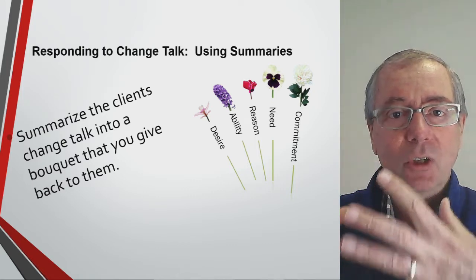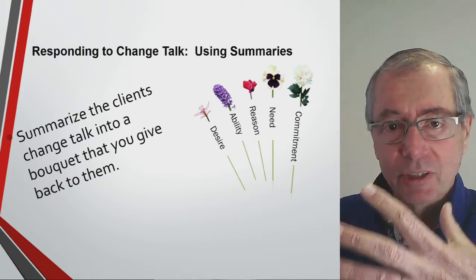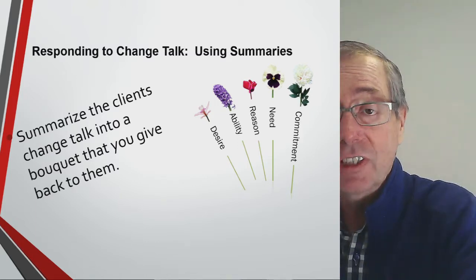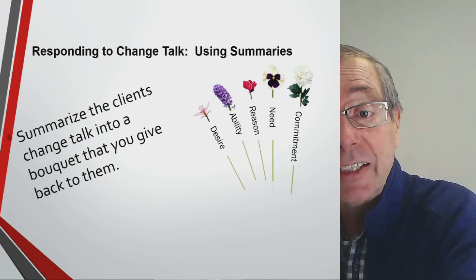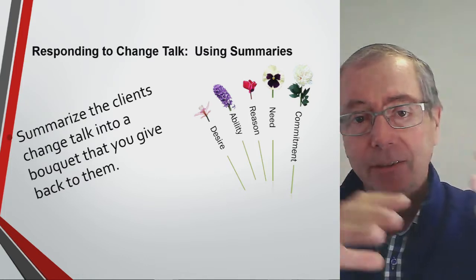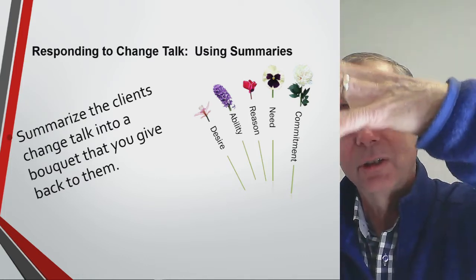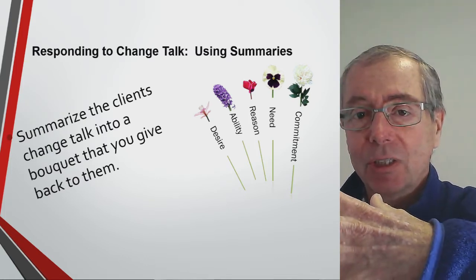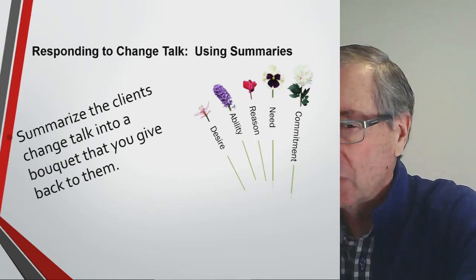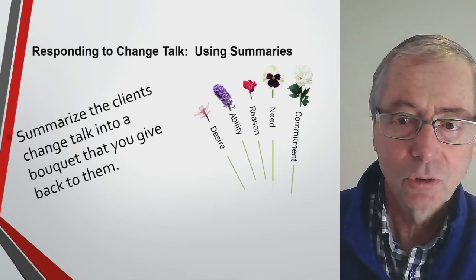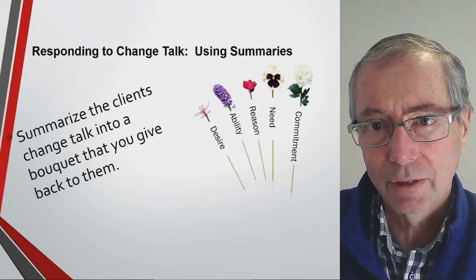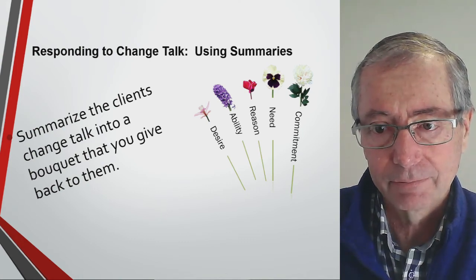And then eventually, hopefully, they get to the top and say, okay, I need to do something about this. And then you can start shifting into the planning and the commitment piece of it. But you need to get around that hill of why the person wants to and needs to. You need to get them articulating those reasons. And then it's okay, so now where do you want to go with it? So a lot of the skill set of MI is in this piece of it. Okay,